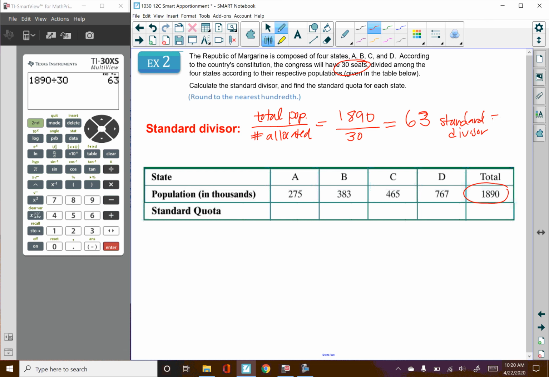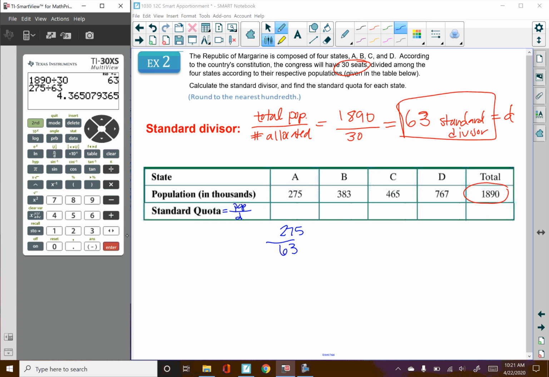Sometimes we'll use the letter D for that. Okay, so our standard divisor is 63. So now we're going to come up with a standard quota for each state. To get the standard quota, you just do the population over the standard divisor. So this one would be 275 divided by 63,